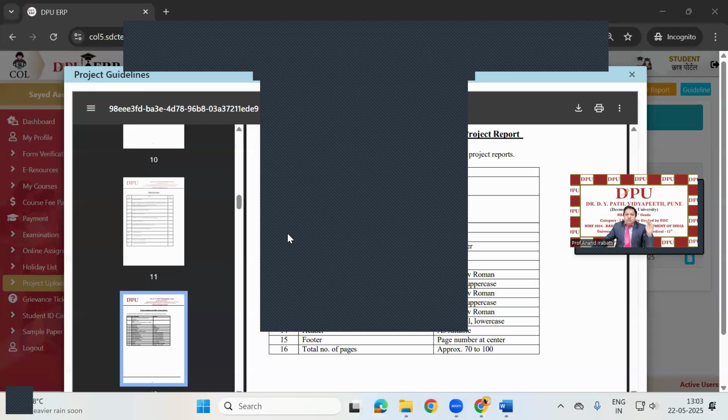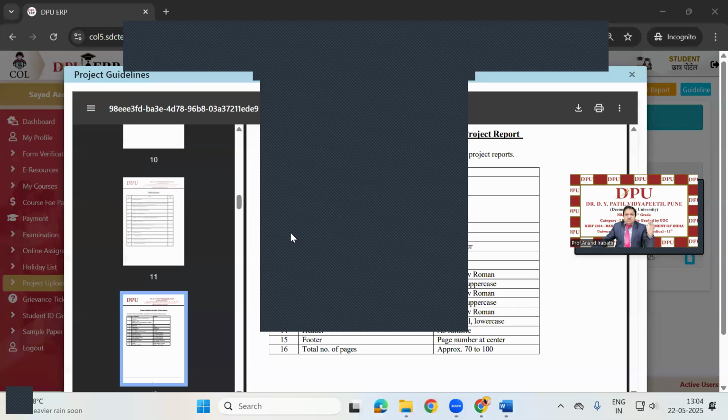I will help you. But your contribution in this endeavor of the project report is 90%. Your contribution should be 90%. 10% contribution is of your guide, of your mentor, and myself as well. But most of the contribution should come from you. So I expect that this time all the project reports will be well formatted and as per the instructions,